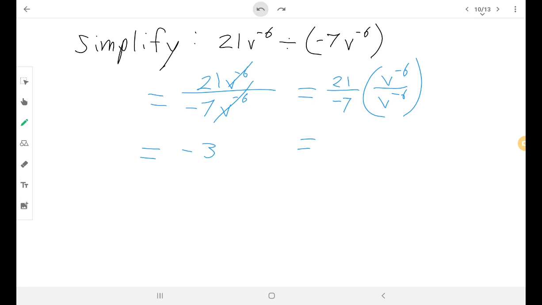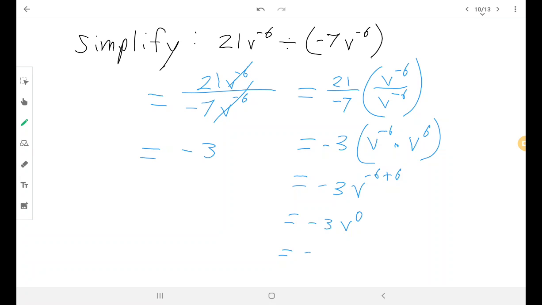This part, of course, is still negative 3, but then if you treat this as a division problem that you're going to turn into a multiplication problem, you could say that's v to the negative 6th times the reciprocal of v to the negative 6th, which is v to the 6th. Meaning now, again, you've got same bases and you're multiplying. So that's like v and add the exponents, which gives you negative 3 times v to the 0 power,